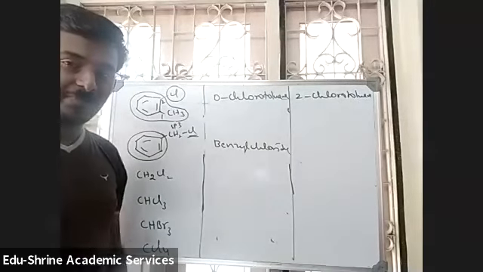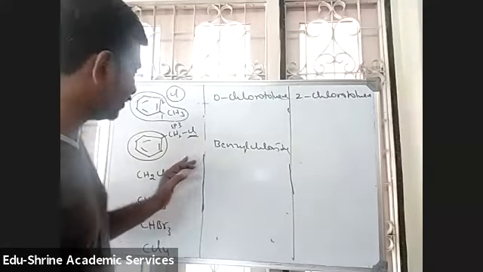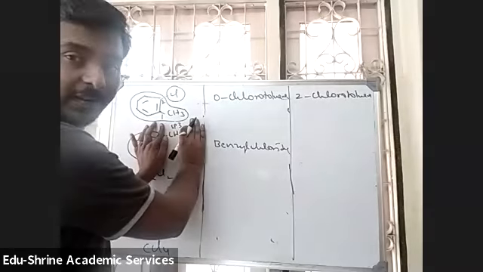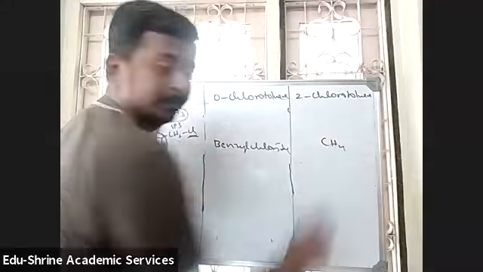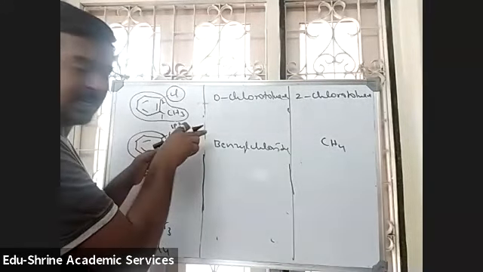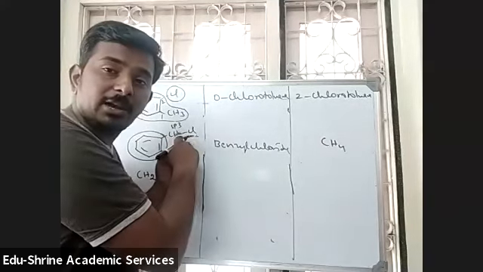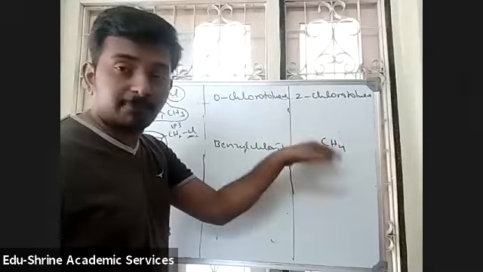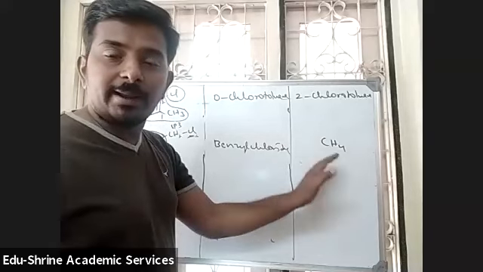IUPAC name. See how to write the IUPAC name of this compound. Let us assume these two are not there, students. Chlorine is not there and the phenyl ring is also not there. If these two are not there, it is methane. That means there were two hydrogens present. So the compound is methane. We know that haloalkanes or haloarenes are derivatives of alkanes, formed by replacing one or two hydrogens with a halogen or any other groups, right?